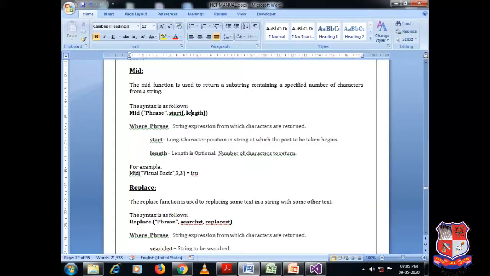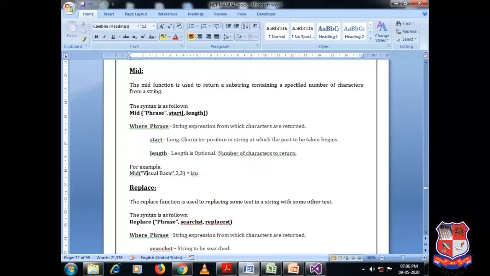You can write it like this: mid Visual Basic 2, 2, where 2 represents what? 2 represents 1 and 2. You can see over here V is having 1 index and I is having 2 index. Okay, as you know, Visual Basic supports the index value from 1.